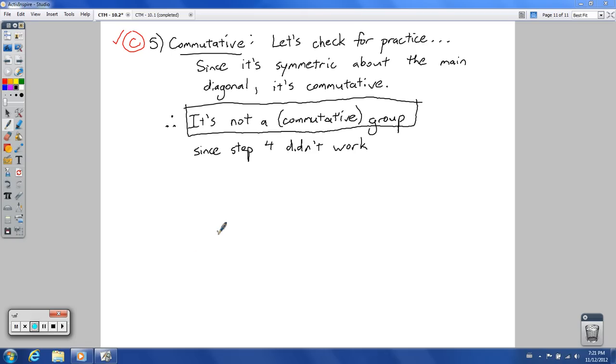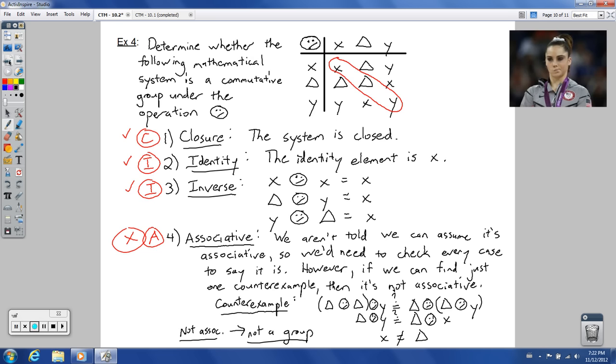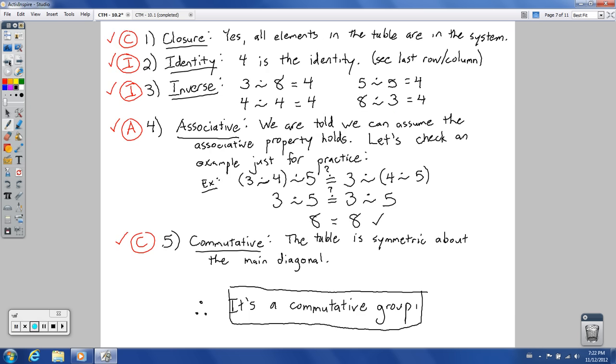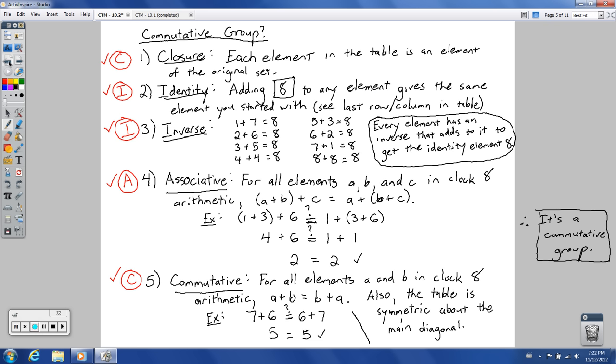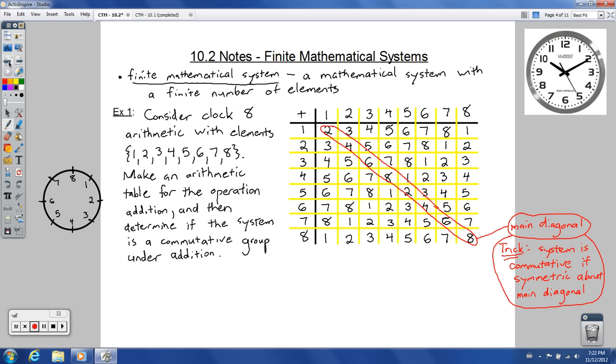Something that I didn't mention before that I wanted to mention is that this clock 12 arithmetic, looks like my slate might be running a little low on battery power here, so I got to use my little mouse on the laptop here. But clock 12 arithmetic for an example with clock 12. Let's write that with this example over here. Let's put this in a different color. Final thing I want you to write down. So clock 12 arithmetic